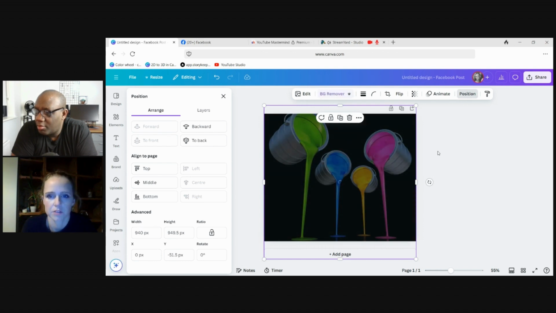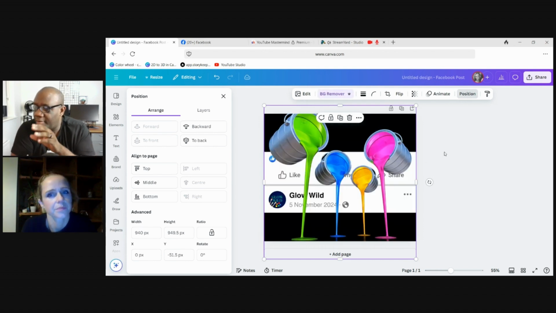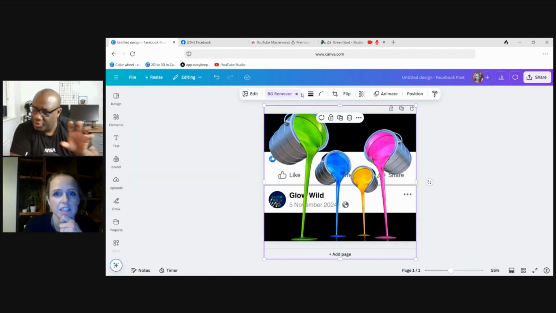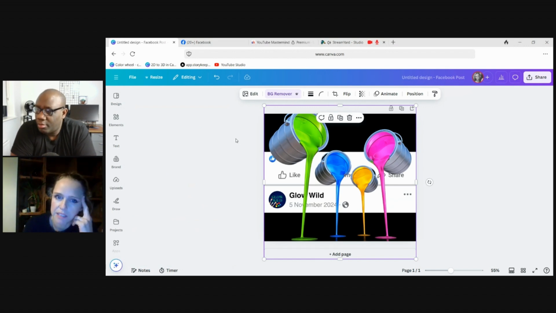of the background. So I think on the free version, we don't have the background remover on there. Is that right? That's right, it's on the paid version. So anything that you see with a crown icon, which is also in the elements and some of the text, that is a premium feature. There are ways around that. There are other sites that you can use, but it's a really great premium feature to be able to remove the